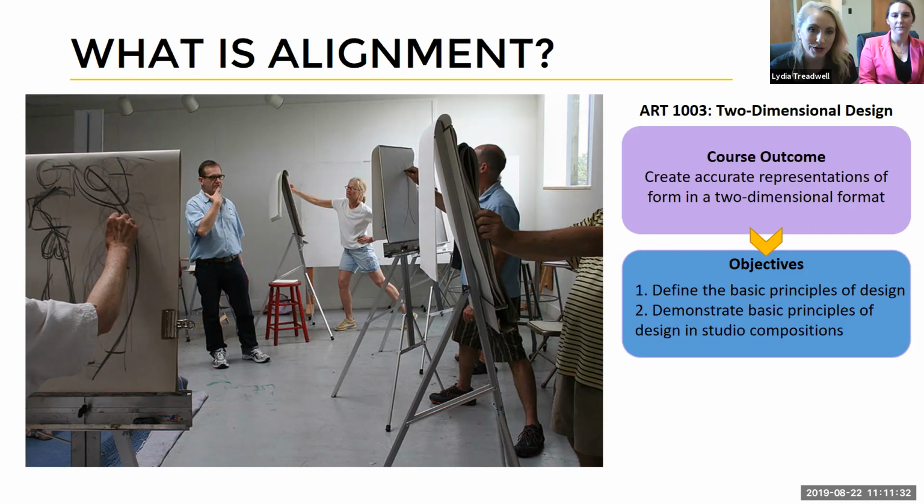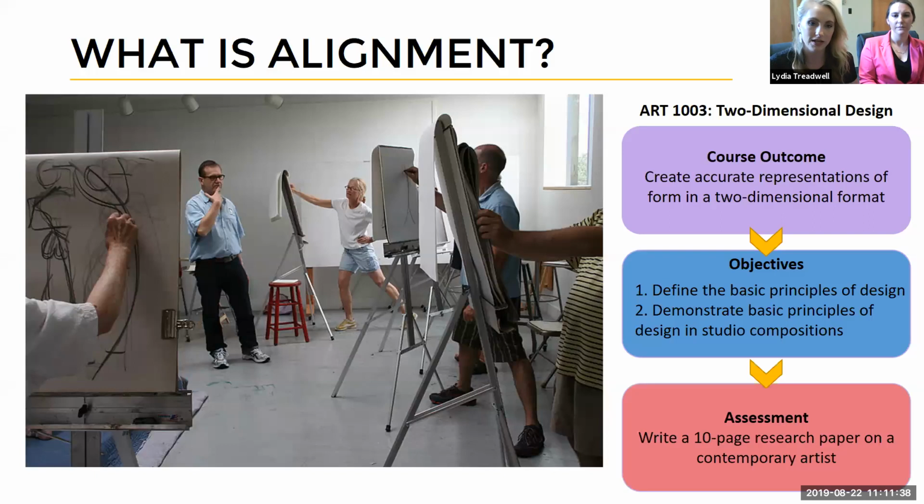And then it comes time for your final assessment, your final project. And the professor gives it out, and you see that you're being expected to write a 10-page research paper on a contemporary artist. Is that what you had expected? Not necessarily. Is it related to art? Certainly. You could get some sort of benefit out of writing a research paper that you could integrate into your own practice. However, it doesn't align with that stated course outcome and the objectives. And so as a student, you may feel lost, you may feel underprepared for this assessment because you haven't been working towards this the entire semester.